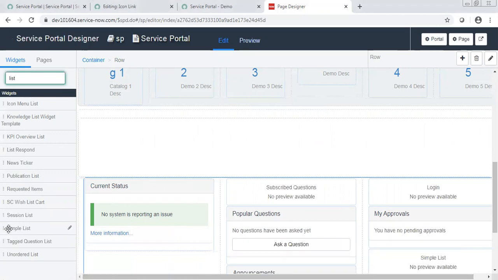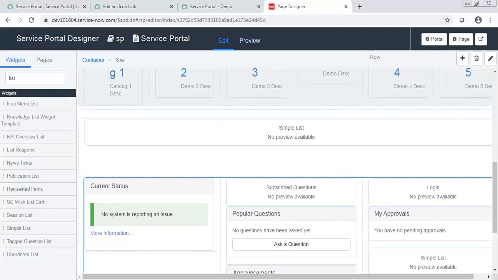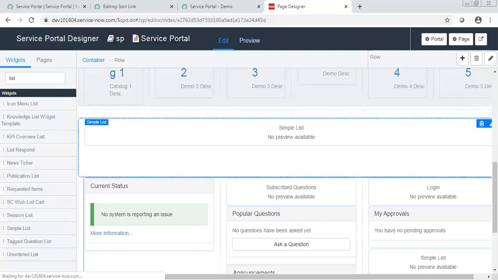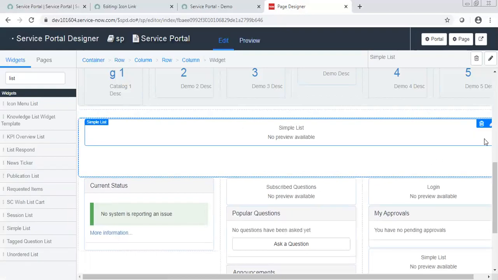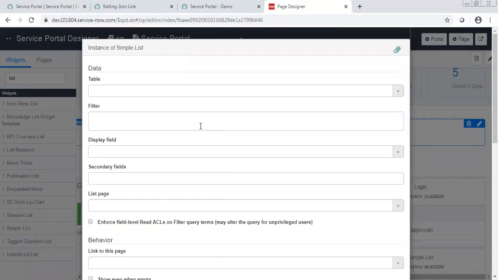So do one thing, just scroll it and put it here, and then you can go to the edit icon, and then here you can set the properties.